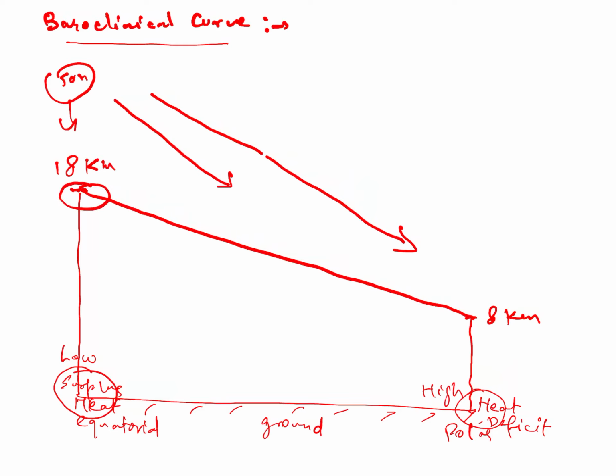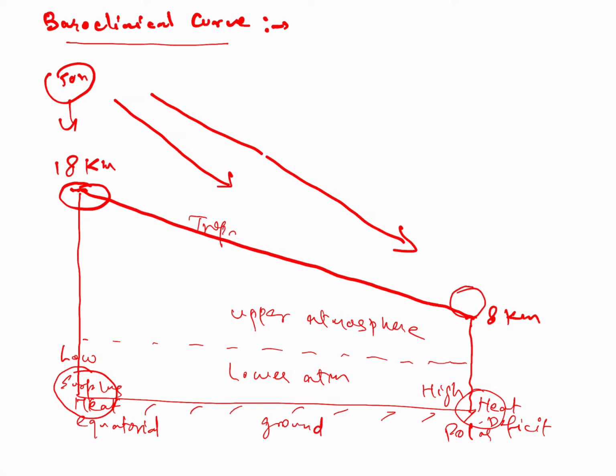When you are observing the upper atmosphere, this is an upper atmospheric condition. So we are just imagining this is called lower atmosphere, and next we call it upper atmosphere, the air that is touching the tropopause, and the air that is touching the ground is called lower atmosphere. So what happens to the pressure over the equator near the tropopause? The upper limit of the troposphere is called what? Tropopause.